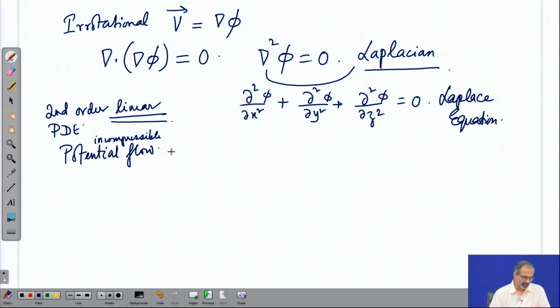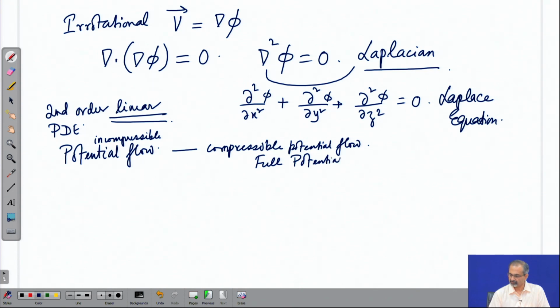but you can also look at compressible potential flows. We will later see there is a so called full potential equation, which deals with potential flows under compressible situations. Any solution of Laplace equation is called a harmonic function,